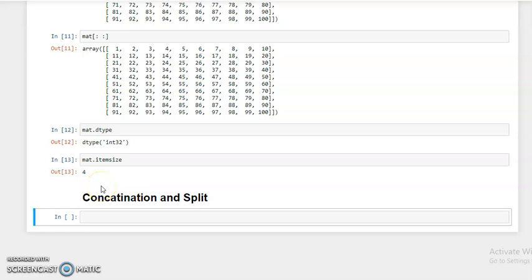Okay, in the last tutorial, we have seen the slice operator. Now I'm going to discuss concatenation and split. Concatenation means how to concatenate two matrices or two arrays, or how to add two arrays. It means not a simple array but concatenating two arrays, and split means how to split an array